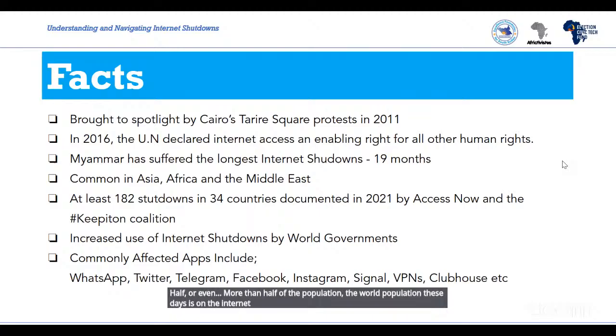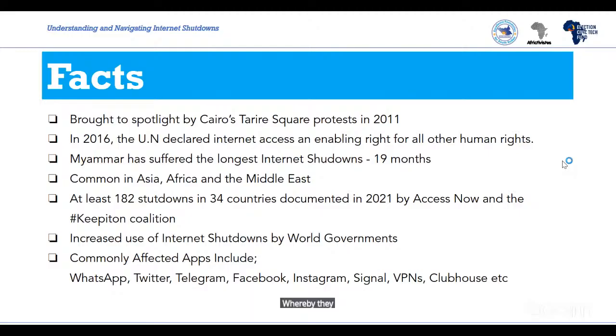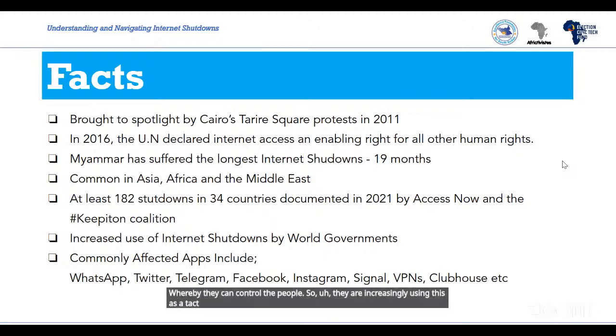Almost everything is happening on the internet. So for governments to have control over the people, they go to the internet, where they can control the people. They are increasingly using this as a tactic to control the flow of information.